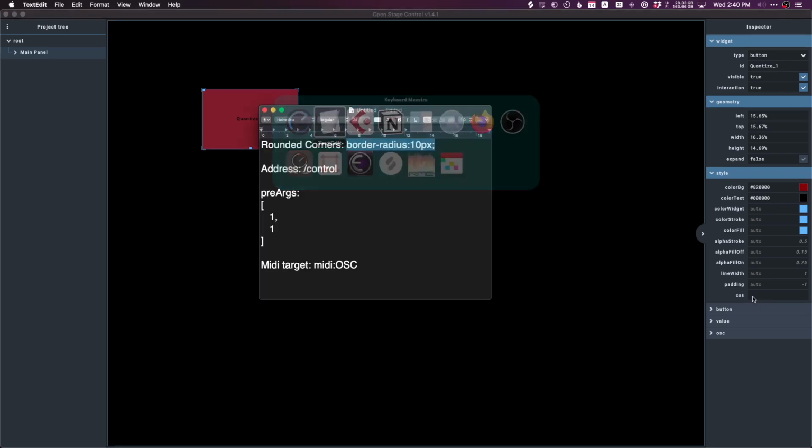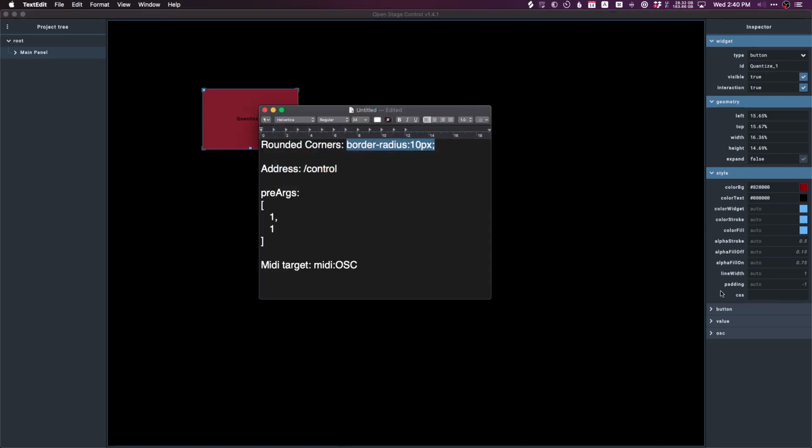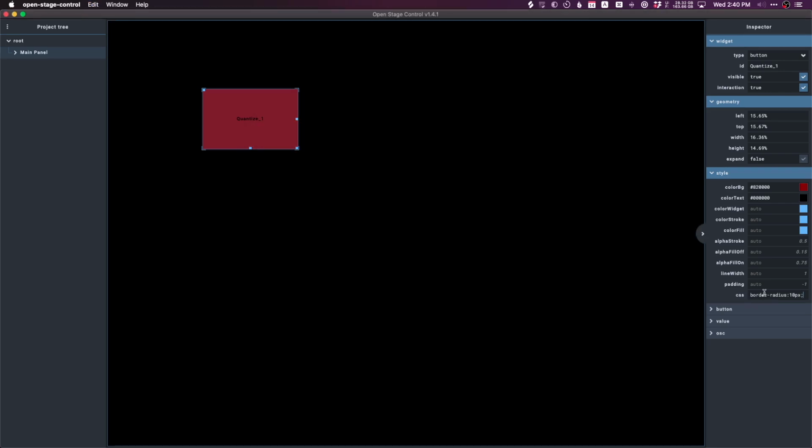So I'm going to insert this line of code, which you can copy from the cheat sheet that you have in the description, and now we have beautiful rounded corners on our button. And you can have them even more rounded by increasing the number of pixels. So yeah, go nuts. Okay, let's open the button area and change the button label, and change the mode from